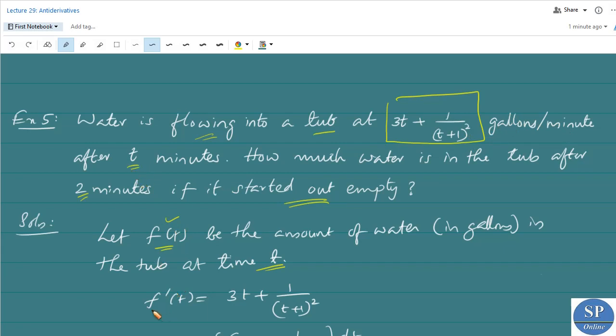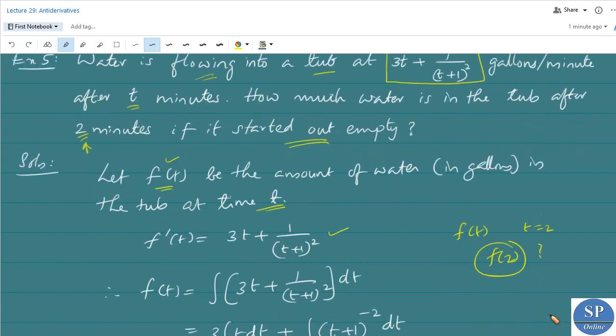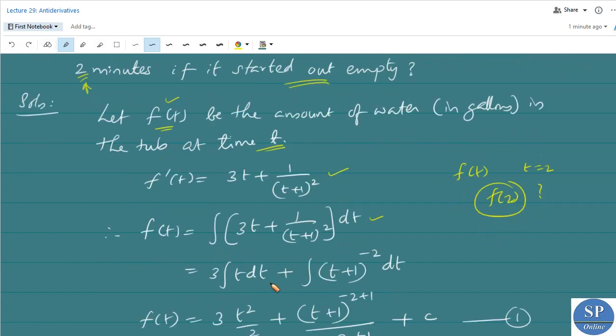That is, we are given that the derivative f dash of t is equal to (3t plus 1) by (t plus 1) whole square, the rate of change of the water with respect to time. We have to find the value of f of t after 2 minutes, that is, we have to find f of 2. So integrating, we get f of t equal to integral of (3t plus 1) by (t plus 1) whole square dt. By using the rules of anti-differentiation, this is 3 into integral t dt plus